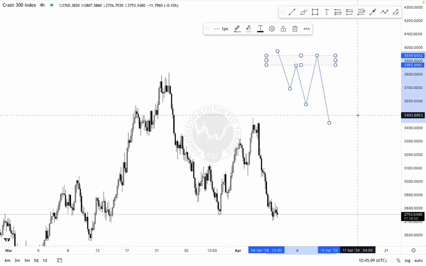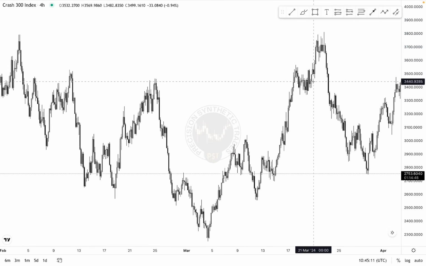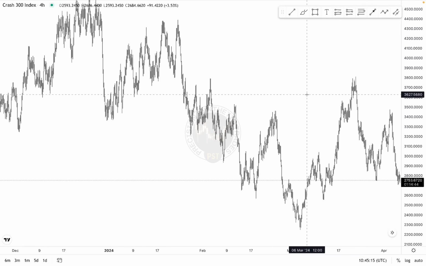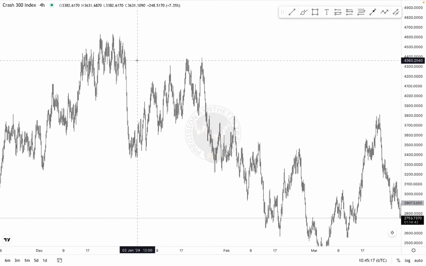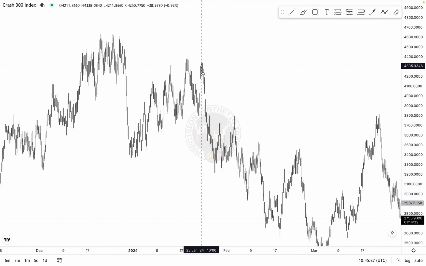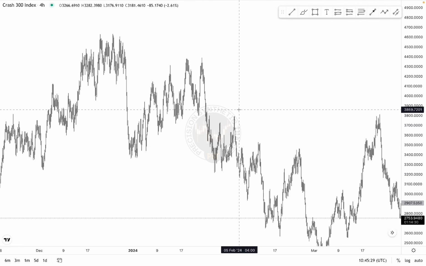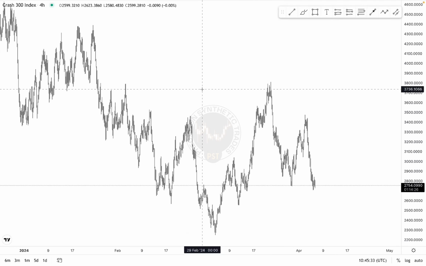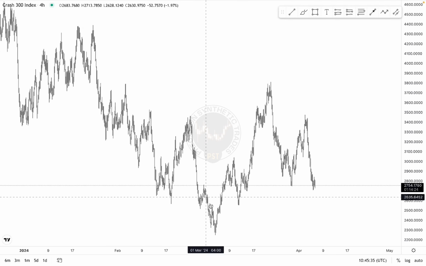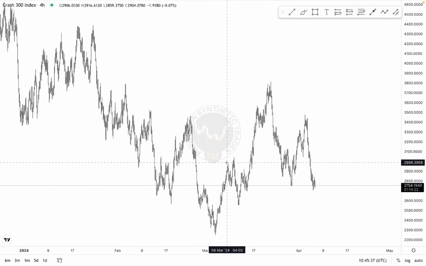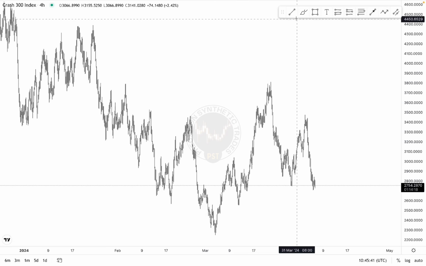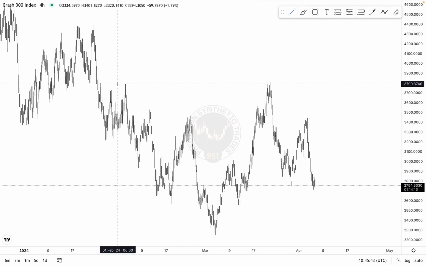Alright, so let's quickly have a look at price. As we can see, if we zoom out on the 4 hour, price is in a downwards move. It made lower highs, lower lows, lower highs, lower lows. So we know price is in a down trend. So let's see what happens here. Price shifted up a little bit, a huge push up. As you can see, price took out this liquidity here,